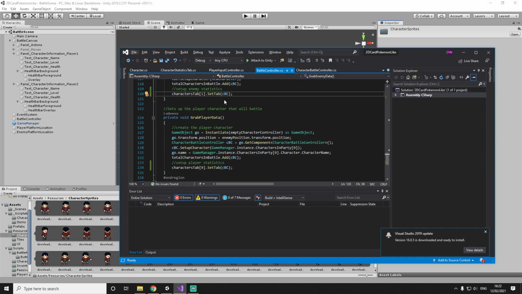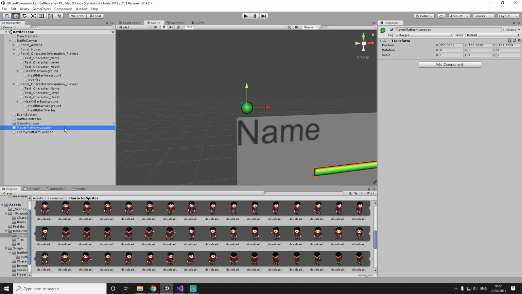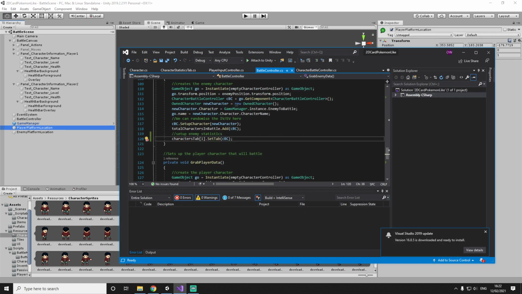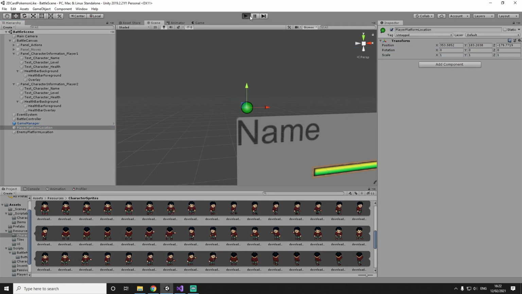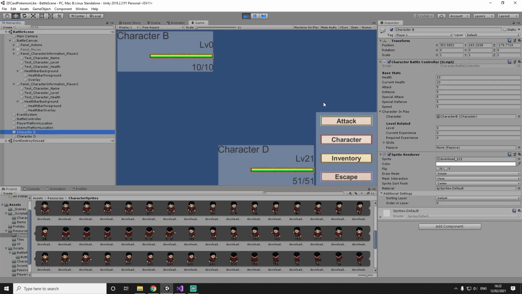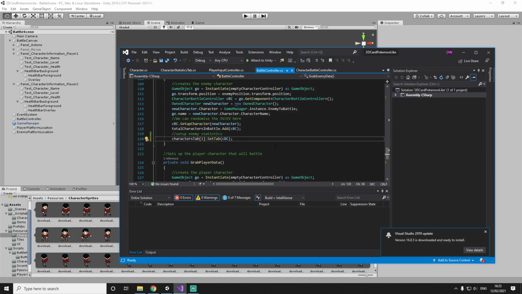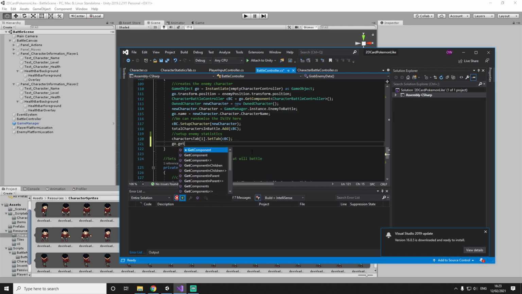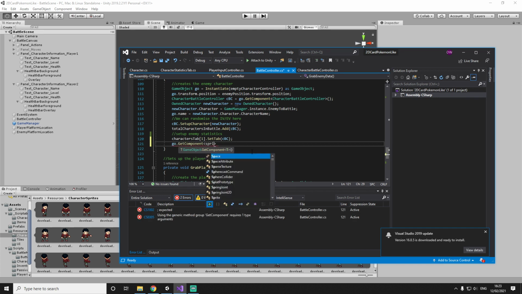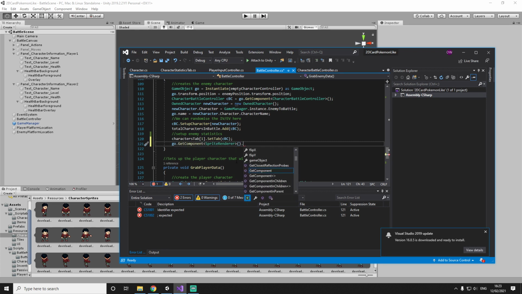So what we want to do is set the correct sprite to our generated object by grabbing its sprite component. Let's press play and have a look at which component we need to get. We need to grab the sprite render and change its image to the back image of that specific character. So let's do that. Our go object, we will have to get the sprite render of this object, and in here we will set its sprite to